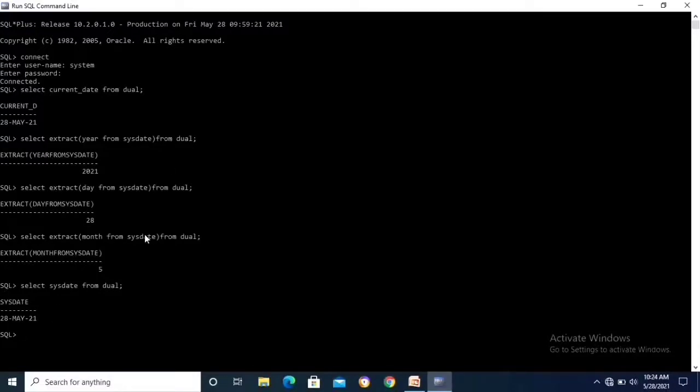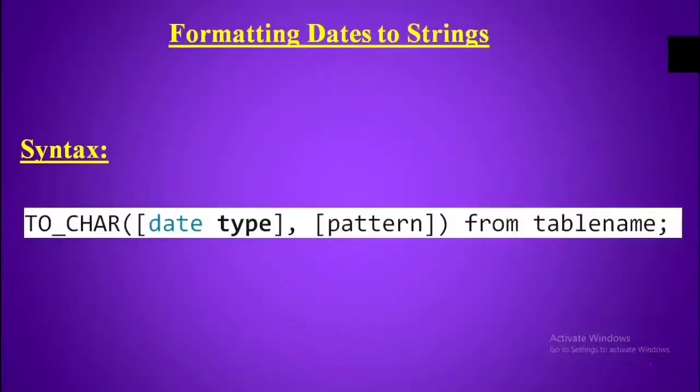Next, formatting dates to strings. The syntax is to_char, where char means character data type, of date type, comma, pattern, from table name, semicolon. This is the syntax.